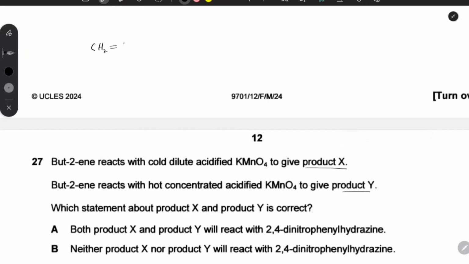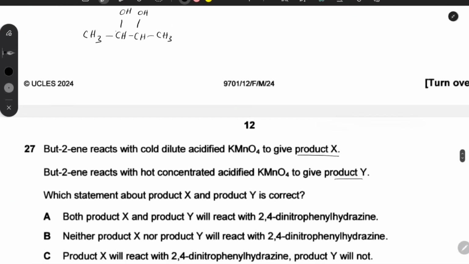When this butene reacts with cold dilute KMnO4, it will oxidize, and this double bond carbon will break and convert into OH group,